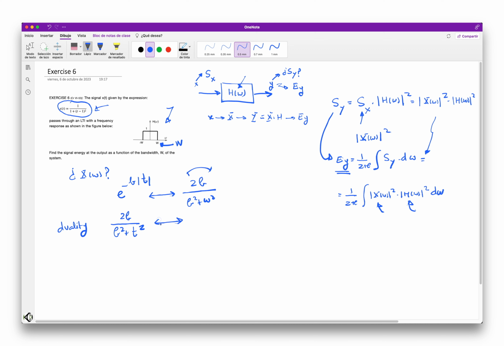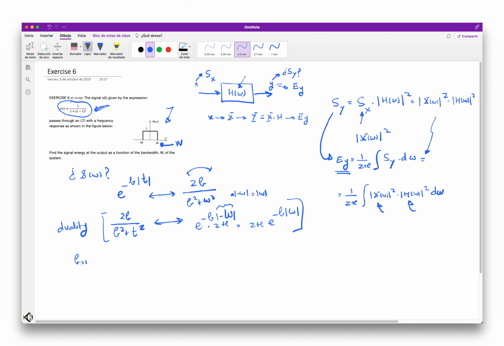And this, using the duality, is the exponential of minus omega. So you have to change the variable t to omega and also multiply this by 2 pi. Because the absolute value of minus omega is omega, and this will be 2 pi e to minus b absolute value of omega. Okay, and this is really what we need to calculate the Fourier transform of this, because if we make b